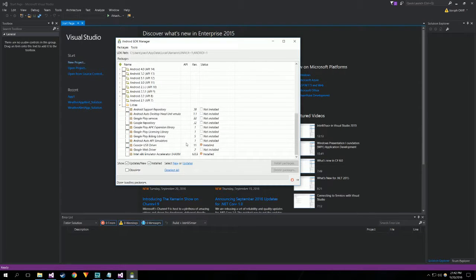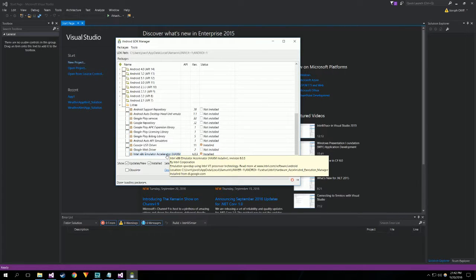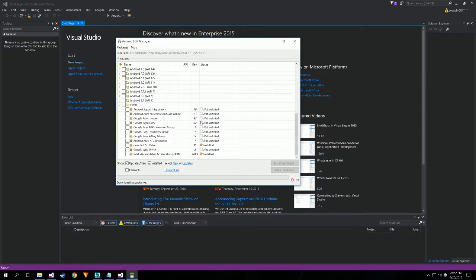Also, I want to point out that when you first run this, it will download the Intel x86 emulator accelerator. It will not install it. But don't worry, you don't have to go hunting for it. Just when it finishes its first run through, and it's always a good idea to do this anyways